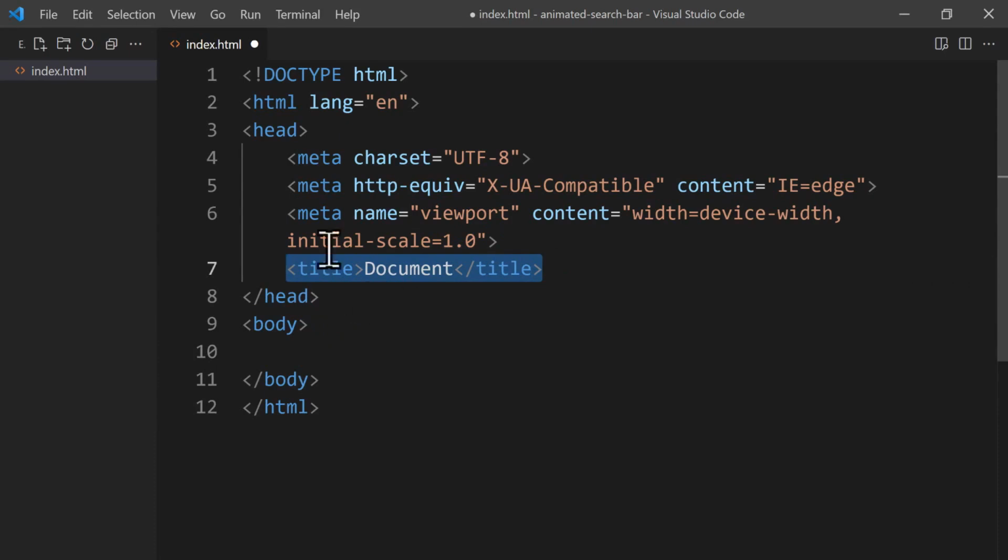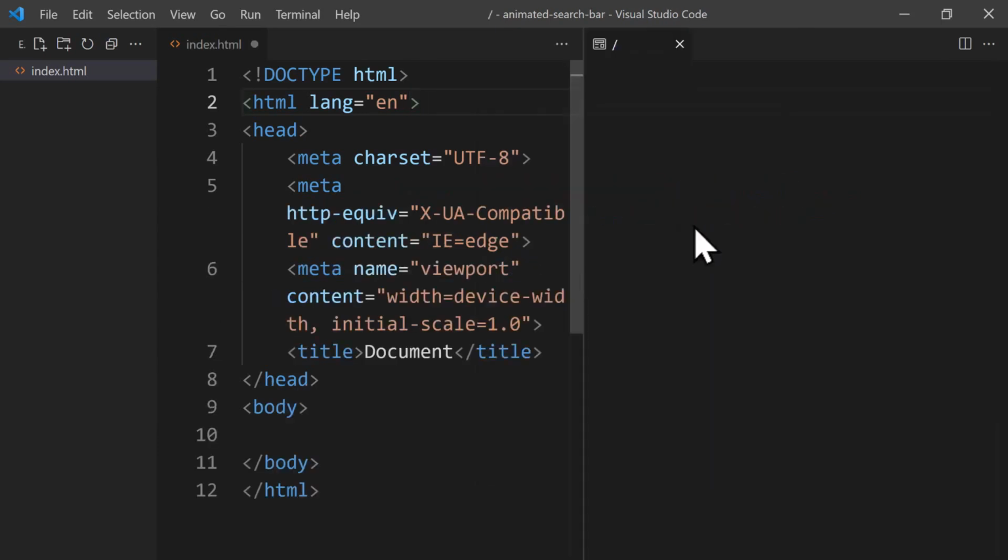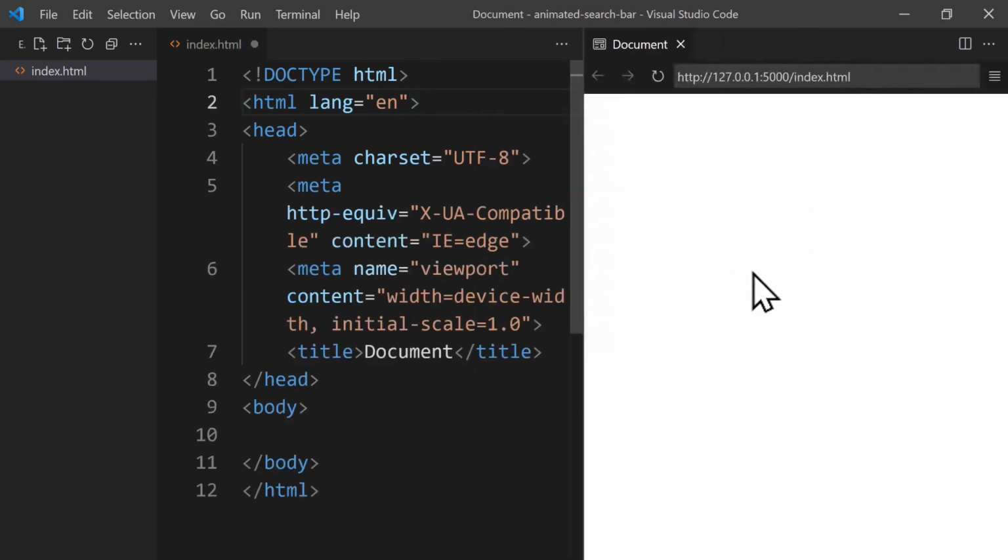In order to see the browser inside Visual Studio Code, we can use the Live Server extension. Here, we just need to right-click. And if you have installed Live Server in your Visual Studio Code, you can see this option in the menu. So for the Live Preview shortcut, we click here, and now we can see the browser on the right side,